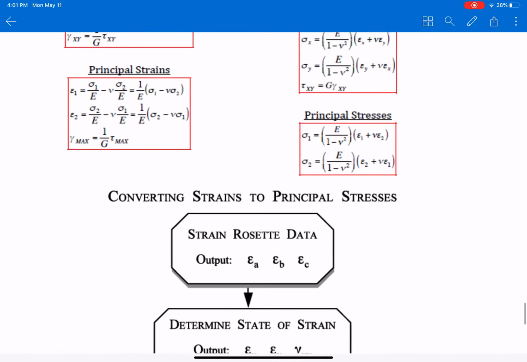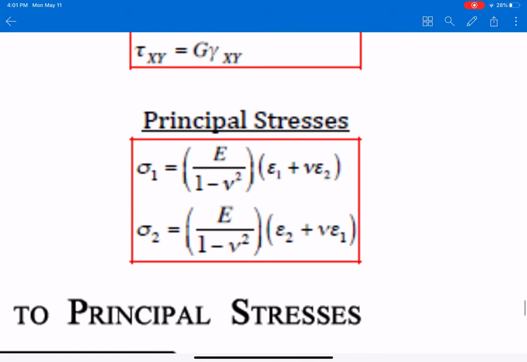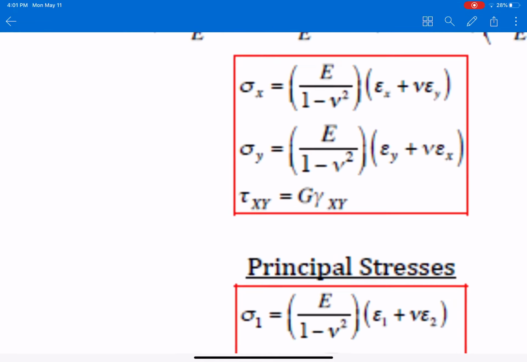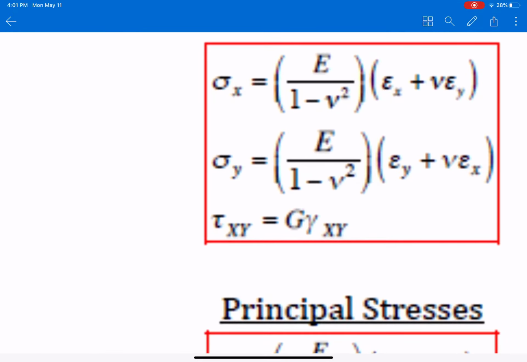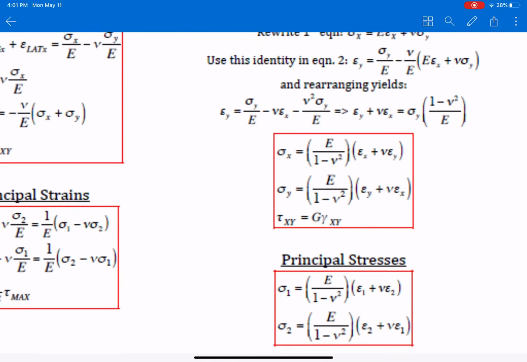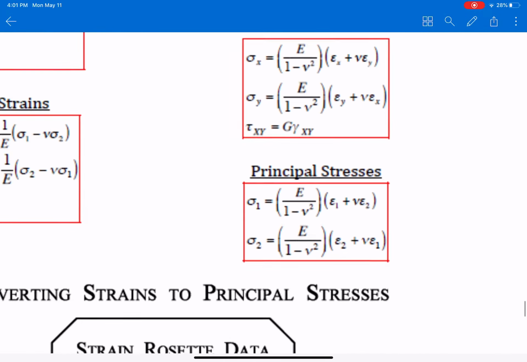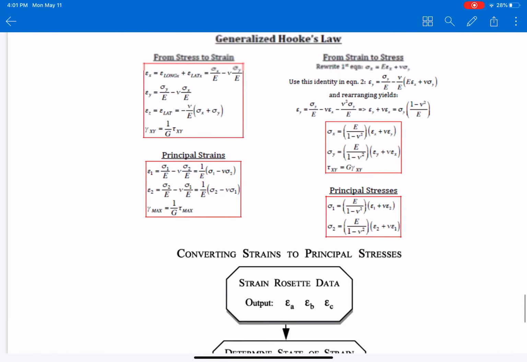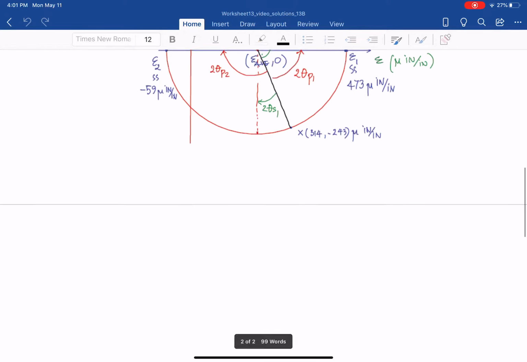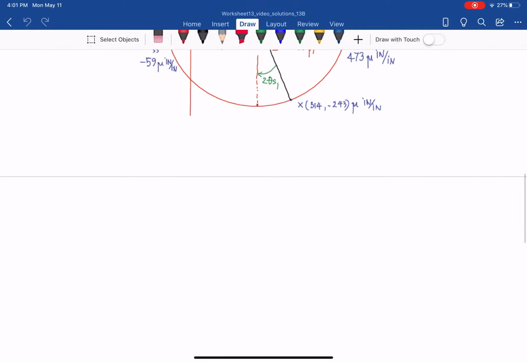And the generalized Hooke's law will give the principal stresses sigma 1, sigma 2 in here. And we can also find out the tau xy, as you can see, equal to chi times gamma xy. So tau max equals chi times gamma max. So all of that we already have. And with this equation, we can find out the principal stresses and the maximum in-plane shear stresses. So let's continue with the worksheet